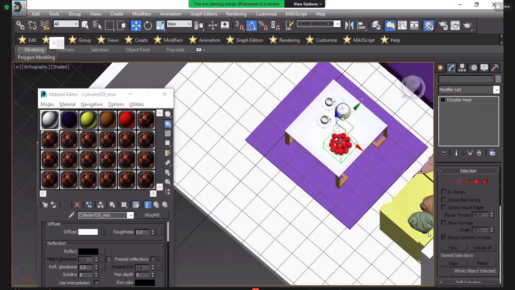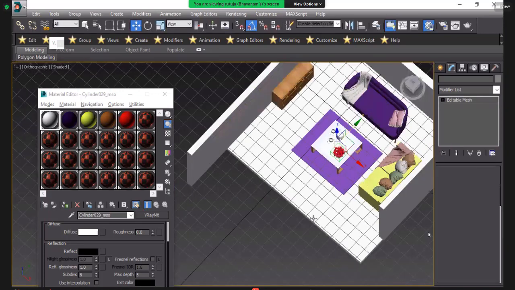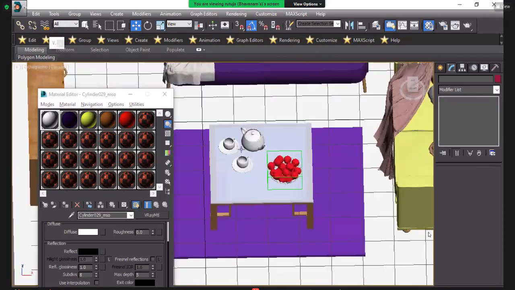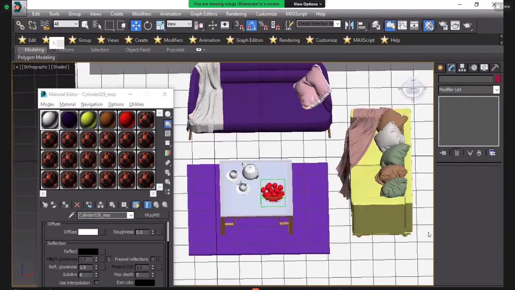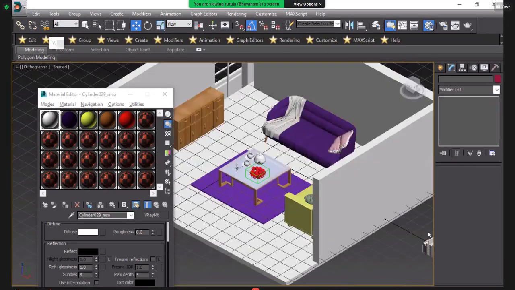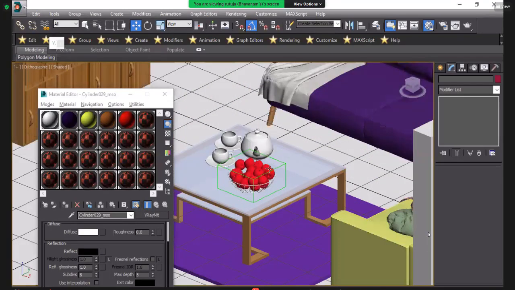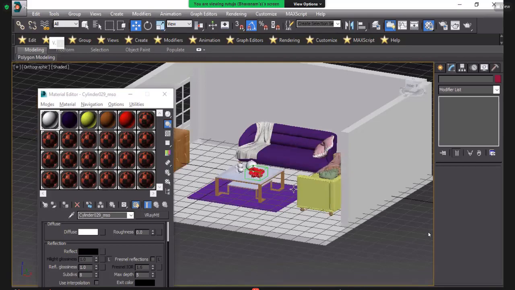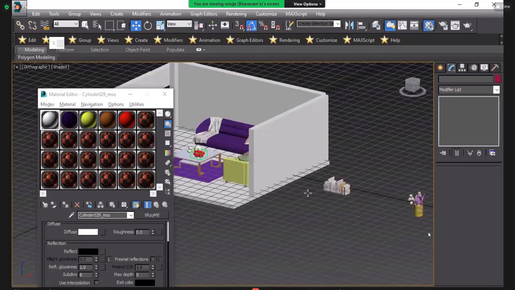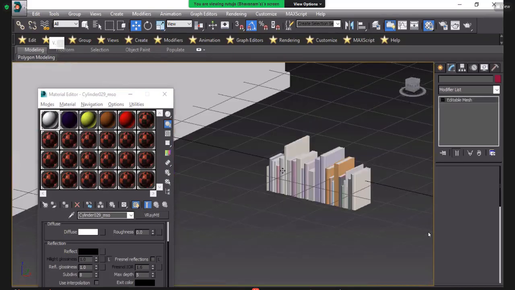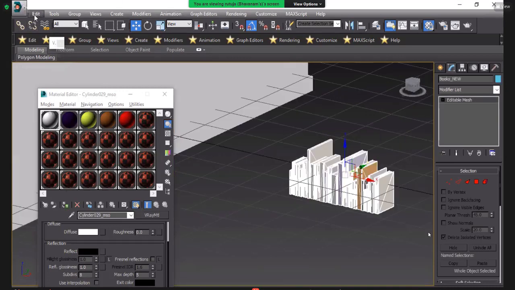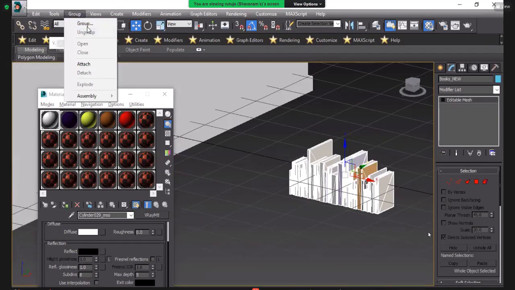Here you can use scale also, but can you tell me how you can scale the apples and scale the teapots? No, it's your imagination. Okay, if you are comfortable with this size of apple, then you can place it. No one can ask you what is the size of apples and all. So don't worry about it. Okay, just ungroup.